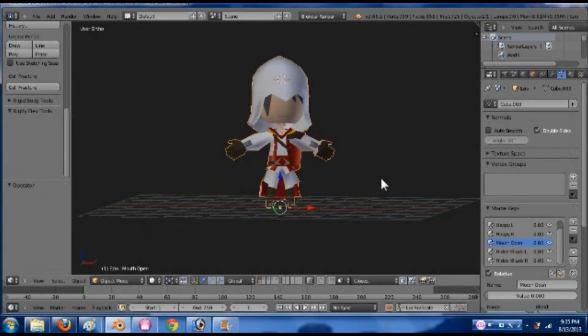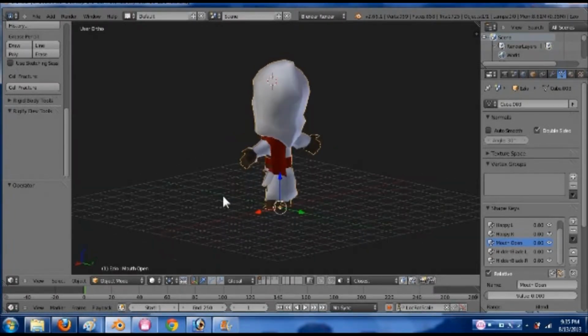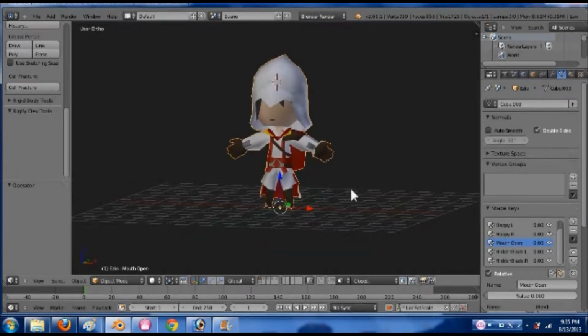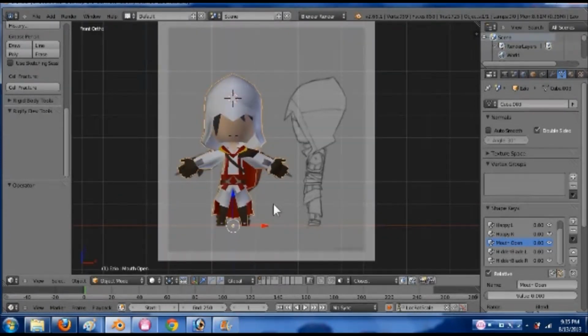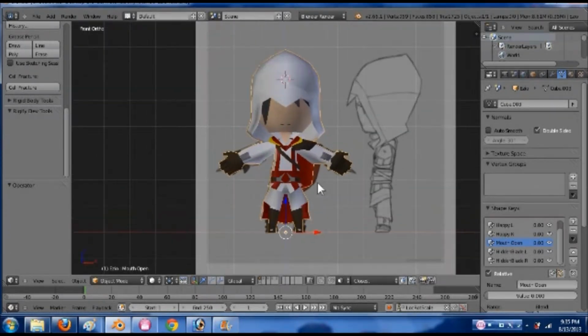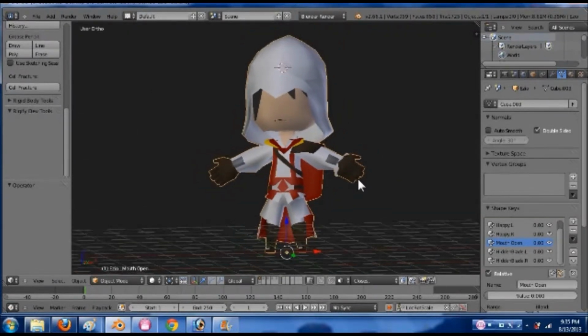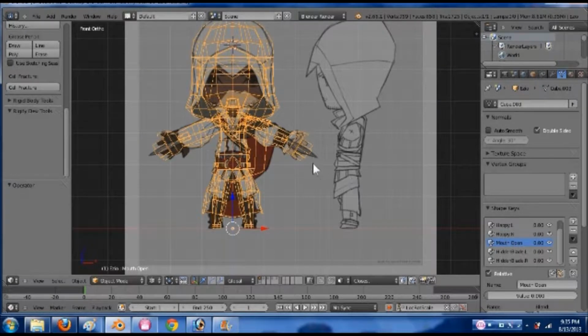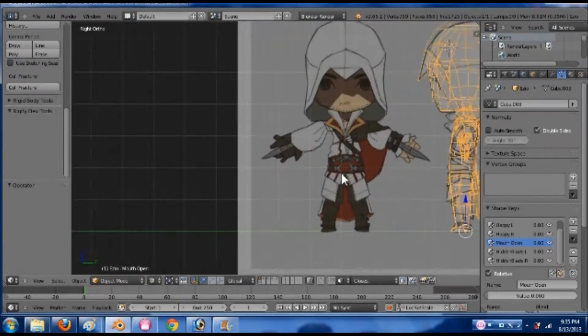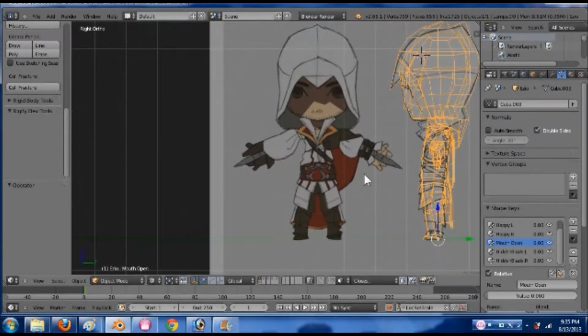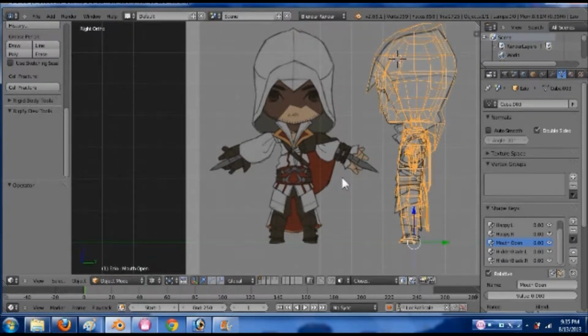Hello everybody, and welcome back to Collin's massive tutorial here on creating a low poly slash simple character. What we've been doing is creating an Assassin's Creed character based off of a reference found on DeviantArt. It looked really amazing, really caught my attention, and the person who this tutorial was mostly aimed at